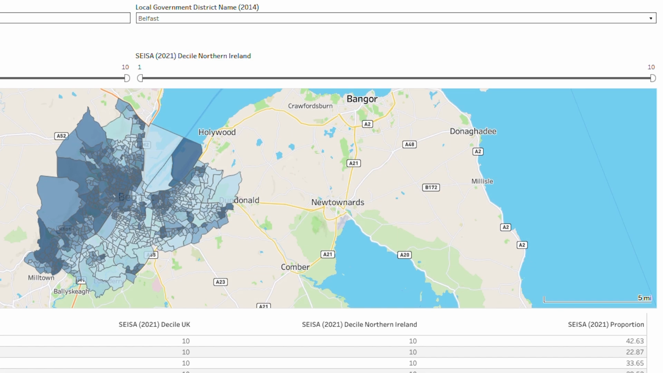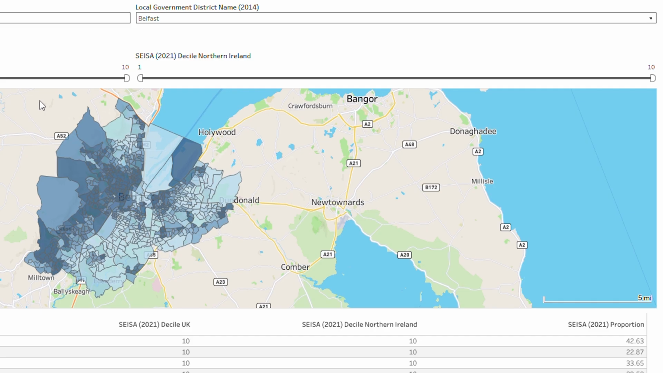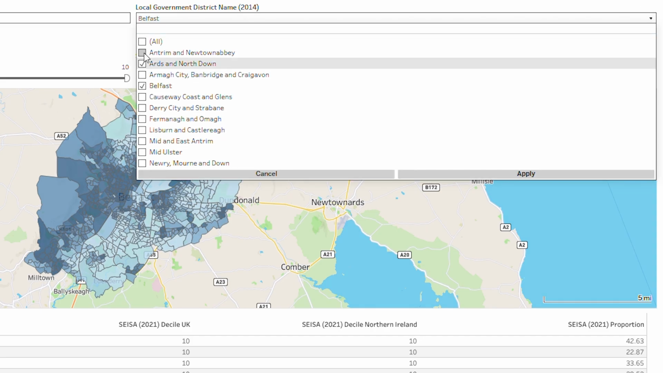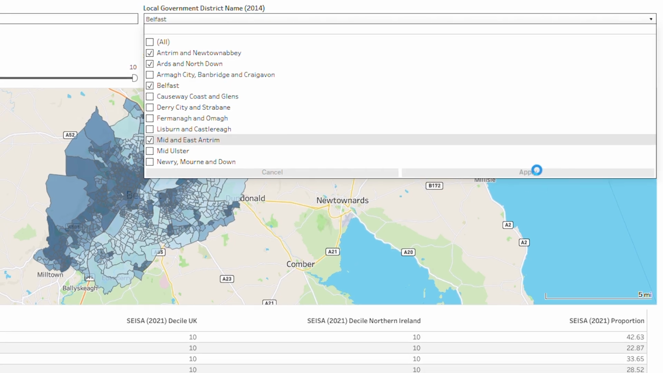The local government district name filter allows users to filter the maps to show one or more local government districts. In order to filter, click on the drop-down. Then select the areas you wish to see. Once you've completed your selection, click Apply, and the map should then